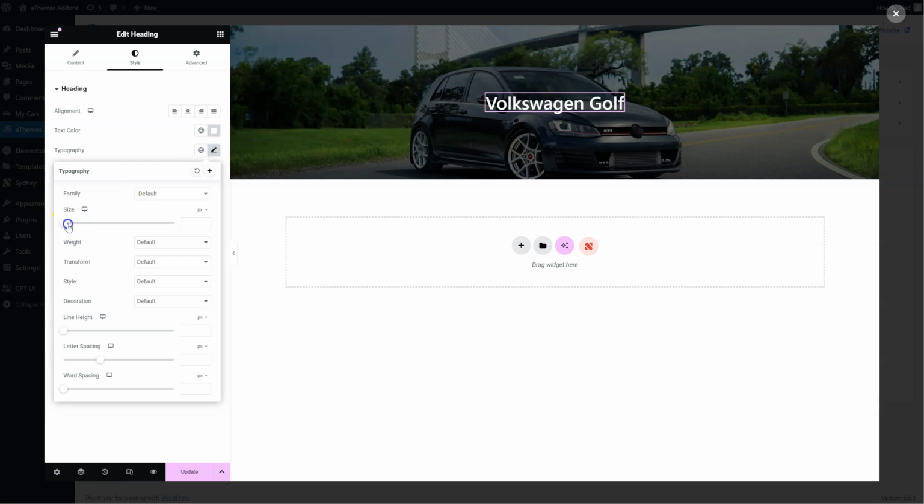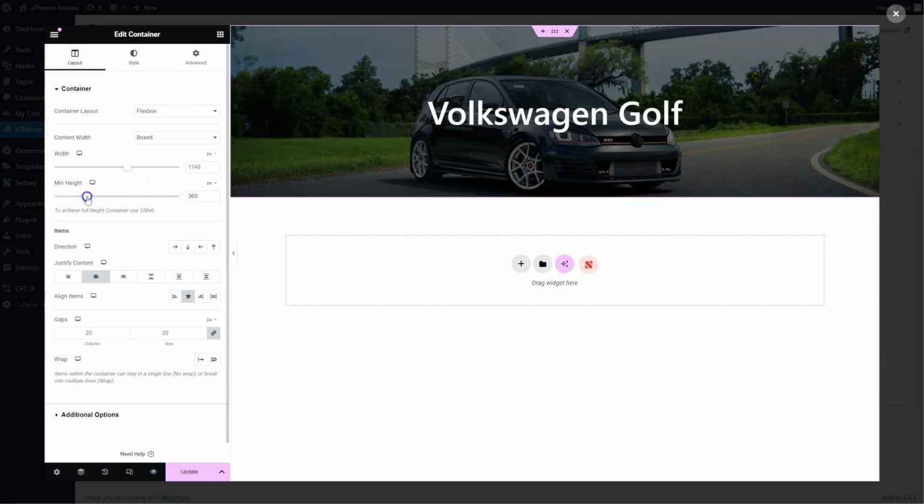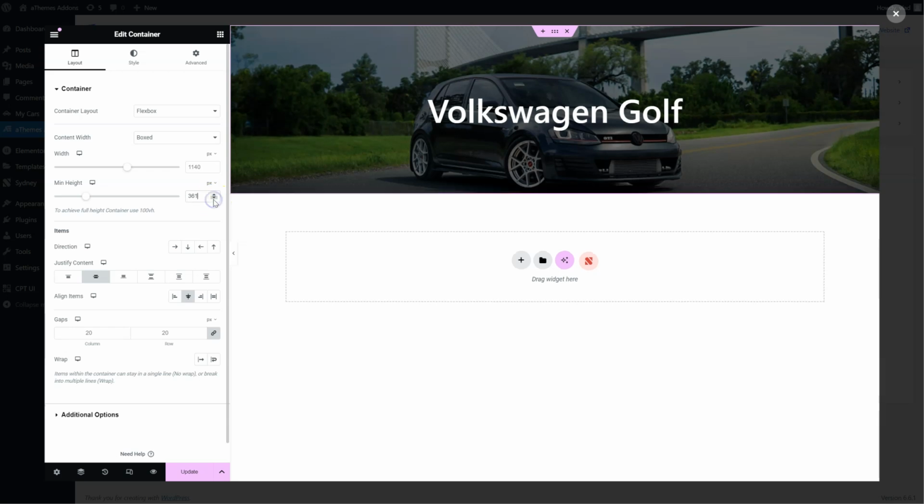Maybe make it bigger. Alright. Let's actually make the whole section a bit taller. Let's do it like this. Okay, cool. So basically for each of my single cars, the featured image will be shown here as the background